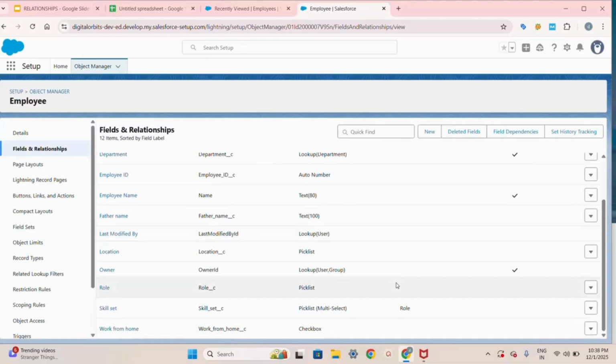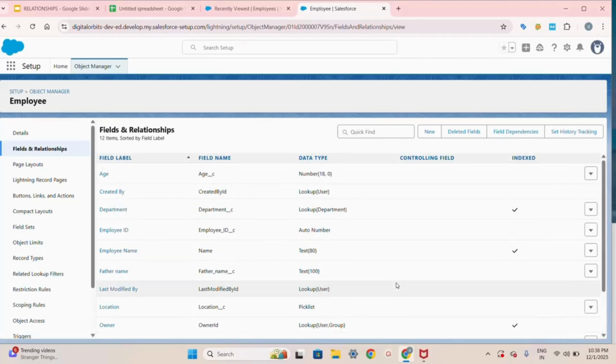Now you can see the department field over here, and the data type is lookup. What we have done till now is we just created the link between two objects, right? Now we need to link the two records. For that,